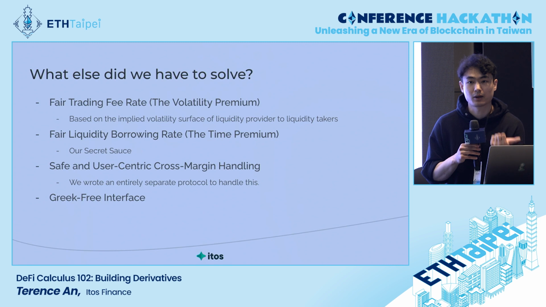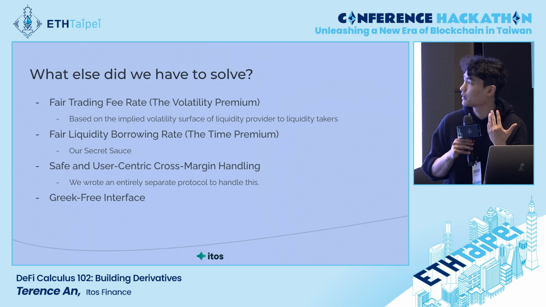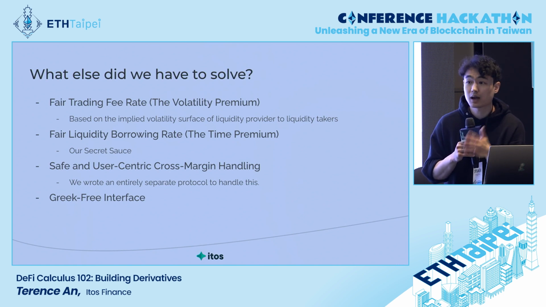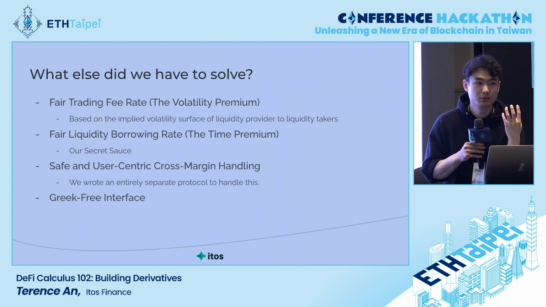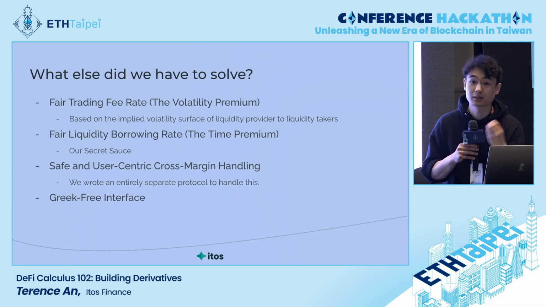But you have to think about ideas of what is the fair trading fee rate, and that gives you an implied volatility premium. The hardest one is by far, how do you implement a fair liquidity borrowing rate? Like, what is the corresponding time premium you can derive from options and translate that over into what liquidity taking should be. Honestly, everyone in finance knows the right answer to that because you can create a box spread and you would know what the implied lending rate of these things should be. But what is a box spread in DeFi and how do you implement that corresponding interest rate?